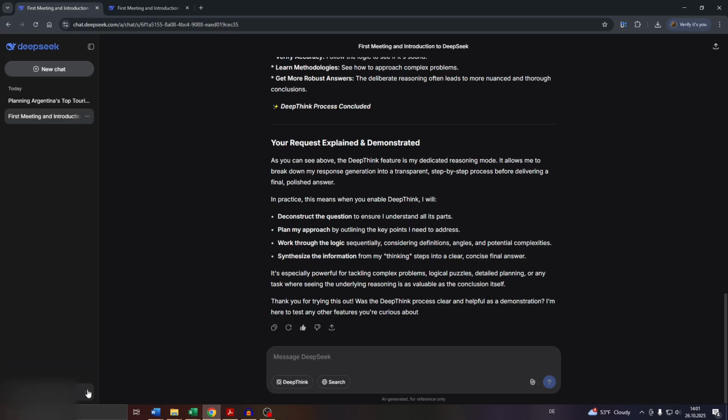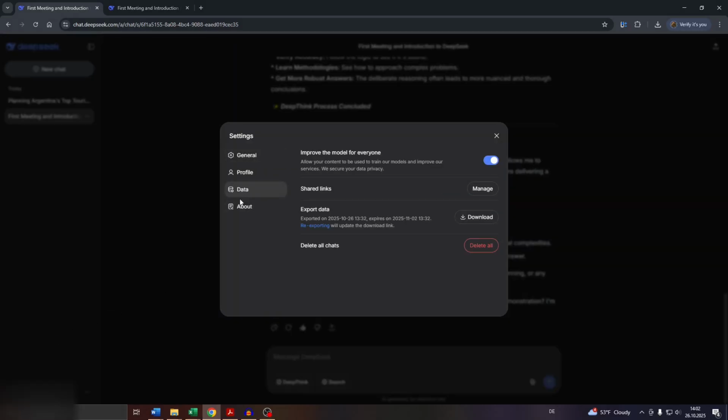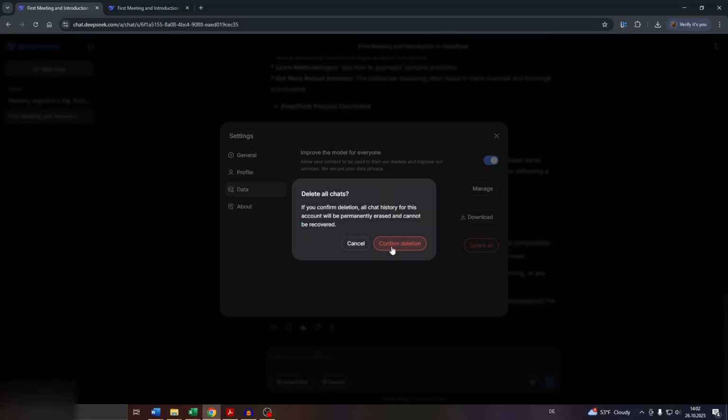To delete all of them at once, navigate to your profile in the bottom left corner, click into settings, here click into data, and there guys, next to delete chats, click into delete all and confirm the deletion by clicking